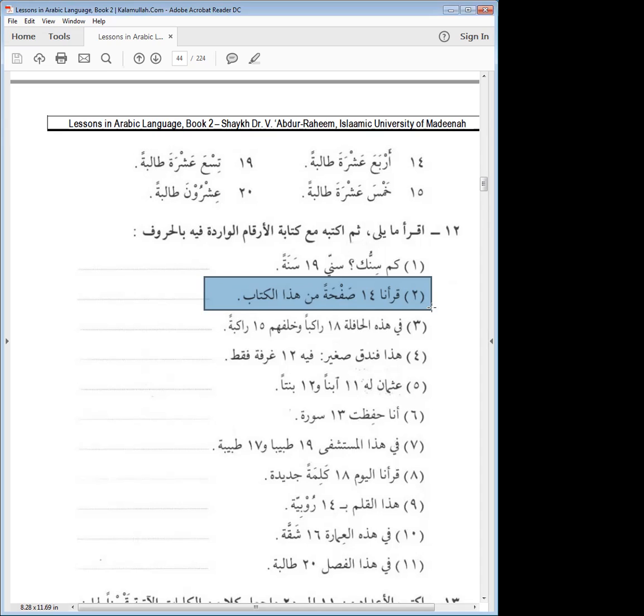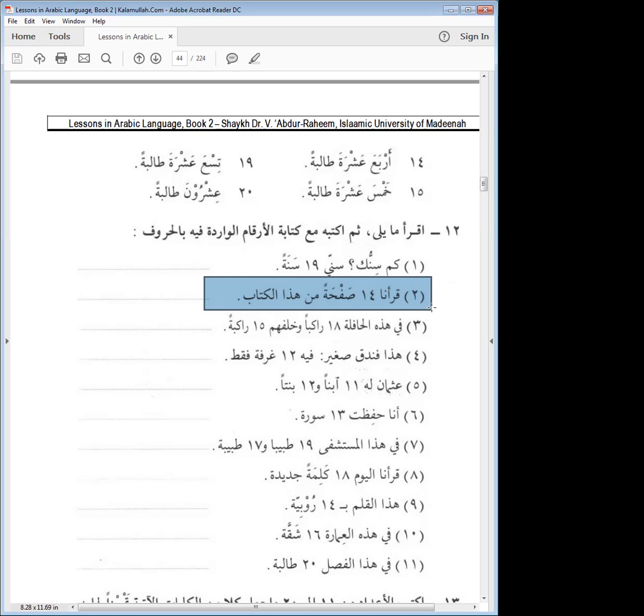So when you say qara'na, we read, right? If we were supposed to say you read, we would say qara'ta, you masculine. If it's you feminine, you say qara'ti. If you want to say I read, you say qara'tu. I read. All right? So here's qara'na arba'a